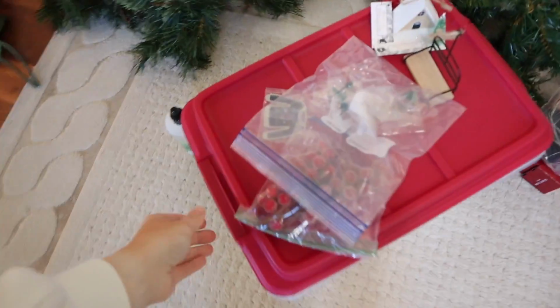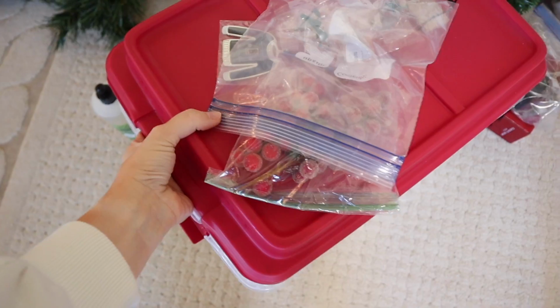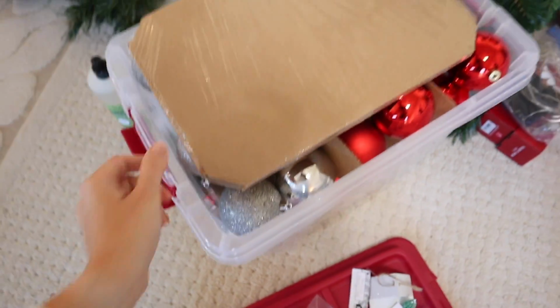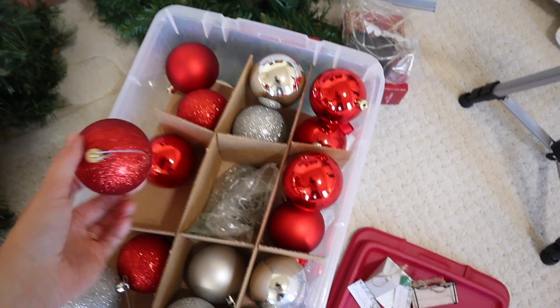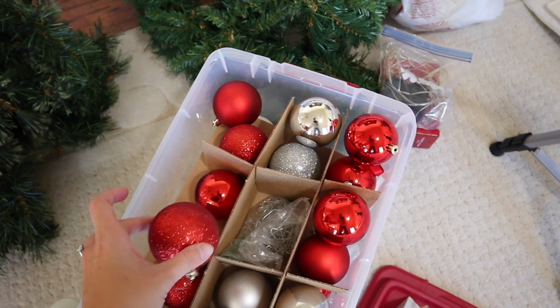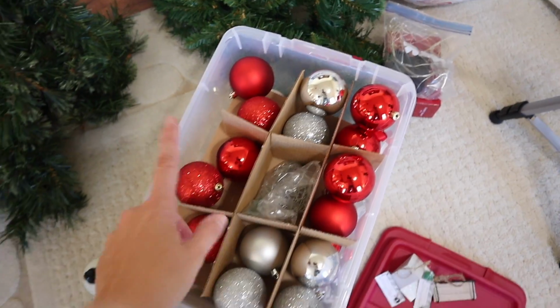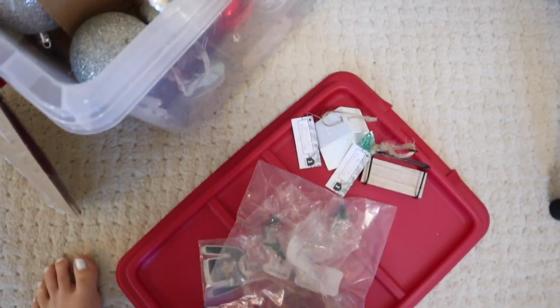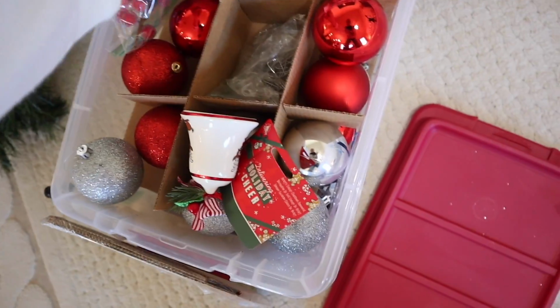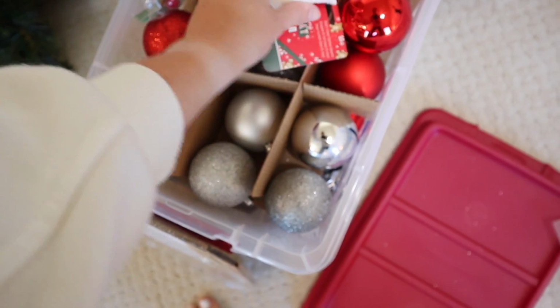This is a box with all of our ornaments. I probably should go through this, but I'm gonna do some DIYs on these ornaments. I bought this set of ornaments a couple years ago before I decided I didn't want to go with a super red traditional Christmas theme in my home, but I am planning on DIYing these. So I think I'm gonna leave the ornaments alone. Let's just tuck all of our new ones in from this year. But I think I'm gonna leave this alone until my Decorate With Me video, and then we'll go through this